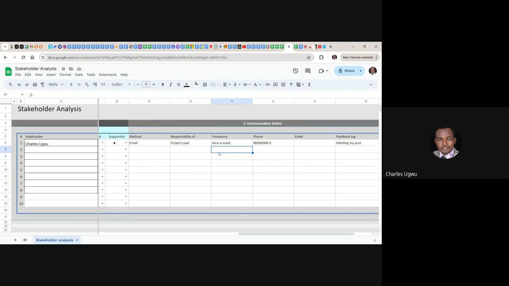If you are submitting a report by 4 p.m., what's the time you expect the stakeholder to look at your report and give you a feedback? So you have to do that on time. If the stakeholder is through phone that you communicate with the stakeholder, capture the phone. But if it's through email, capture the email. Here, if it's like me, I said it's already from the email that I want. So here you capture my email at